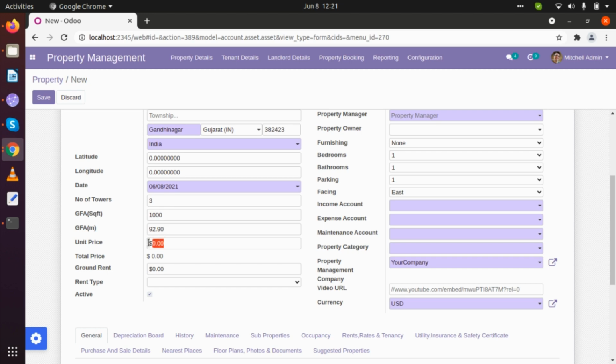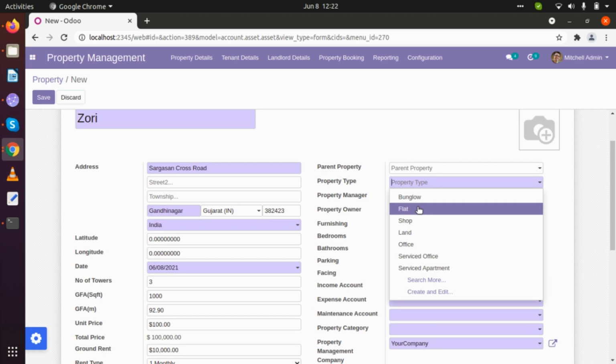Now we need to give our unit price. Let's say I am giving 100 as my unit price per square foot. Per square foot it is $100. So it is directly going to calculate based on our square feet area and the unit price, and it will create this calculated field. Now if we want to give it for rent, we will be selecting ground rent. Then what will be the rent type? I have selected monthly, so every month it will directly get selected.